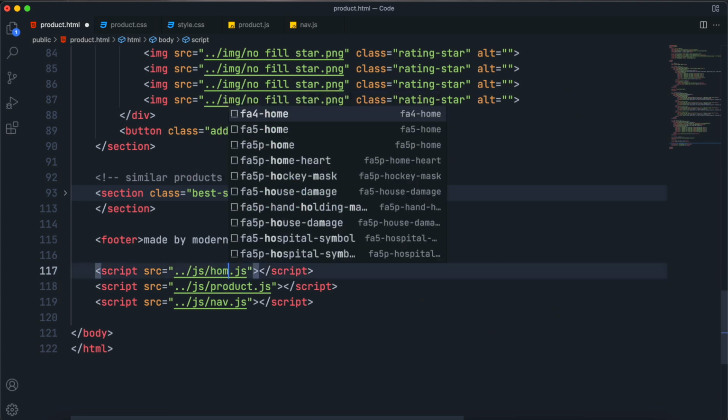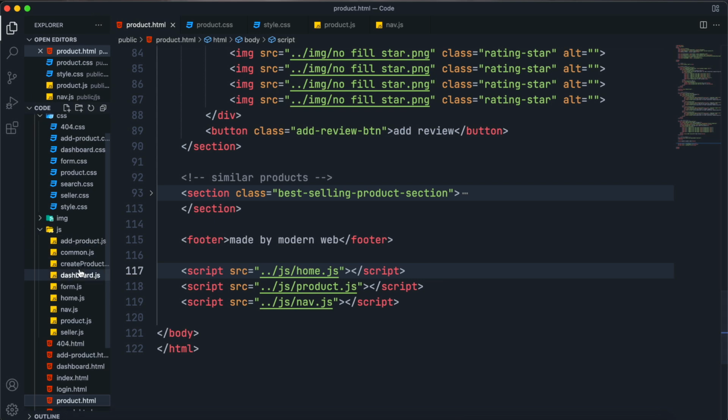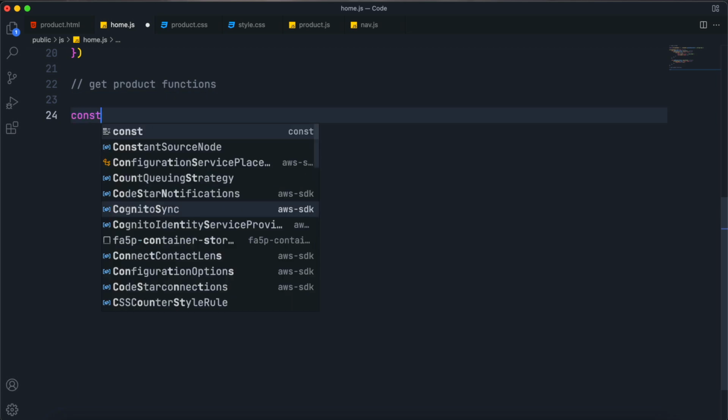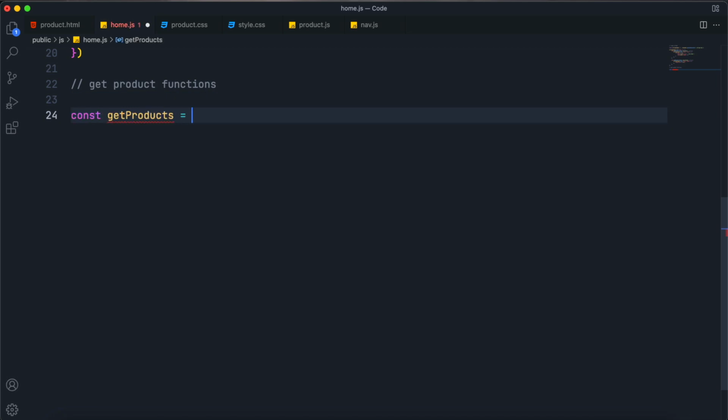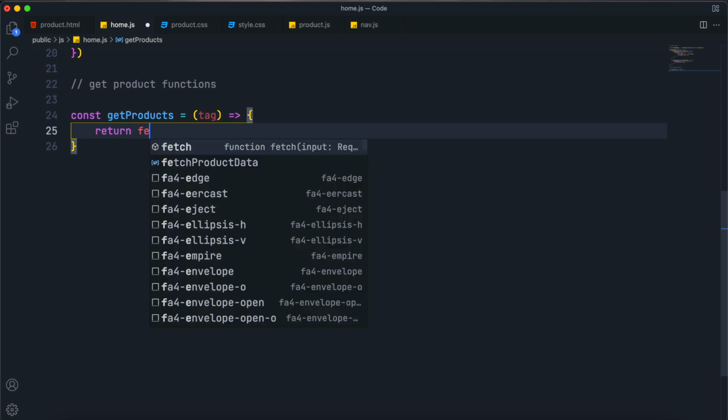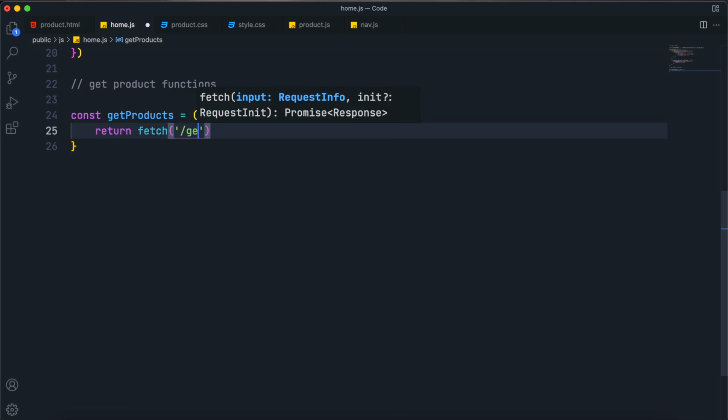So import that file inside the product.html file too, and then open the home.js file and let's make the get product function. Make a get products function, and since it is getting the tags, make a tags parameter or argument here, and then inside this function return this fetch statement, return this fetch promise,